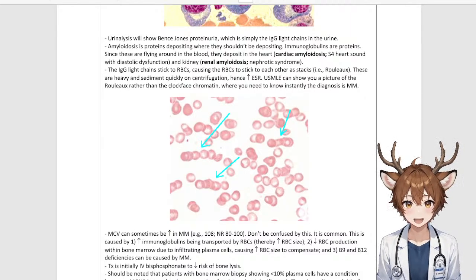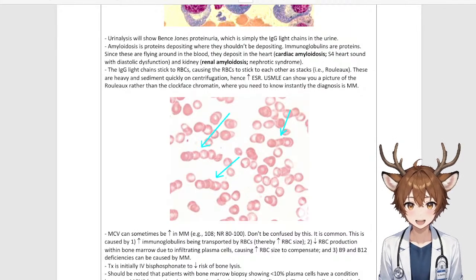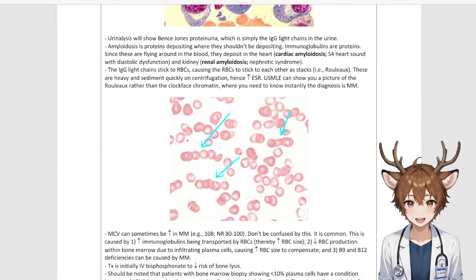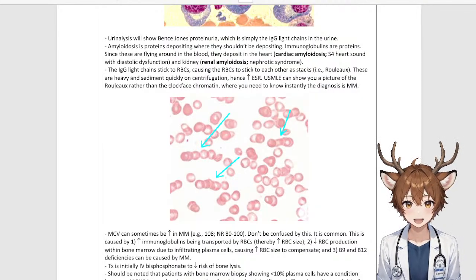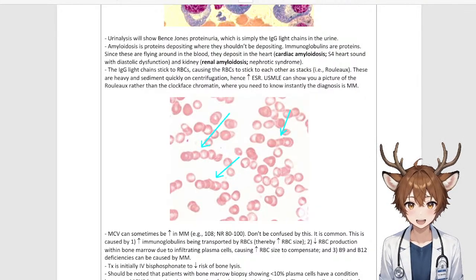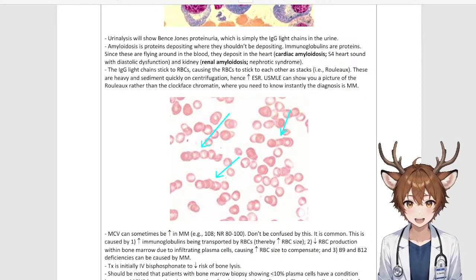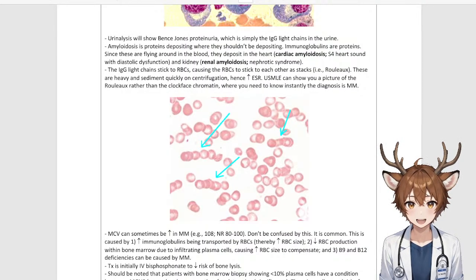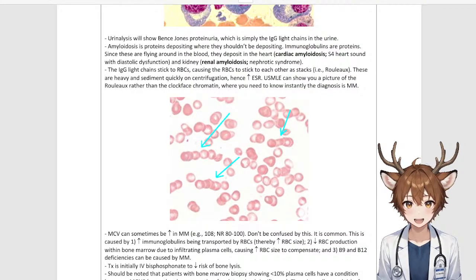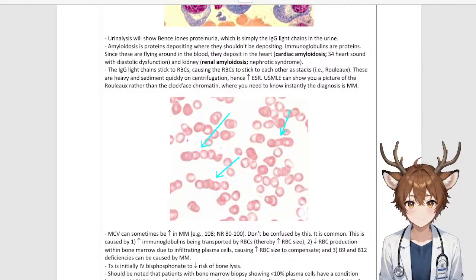MCV can sometimes be elevated in multiple myeloma. That is to say, 108. Normal range should be 80 to 100. Don't be confused by this. It is common. This is caused by, one, elevated immunoglobulins being transported by RBCs, thereby elevating the RBC size. Two, a decrease in RBC production within bone marrow due to the infiltrating plasma cells, causing an elevation in RBC size to compensate. And three,